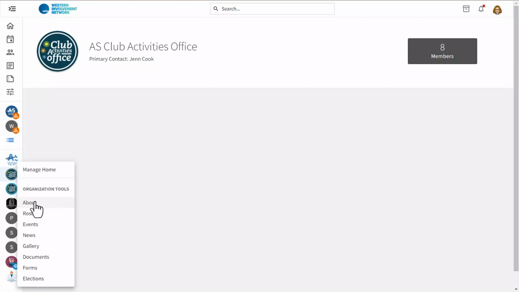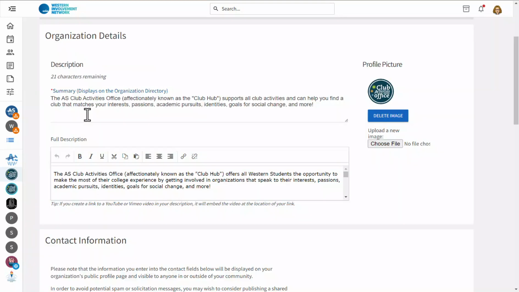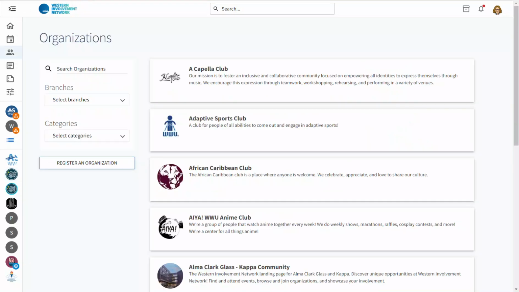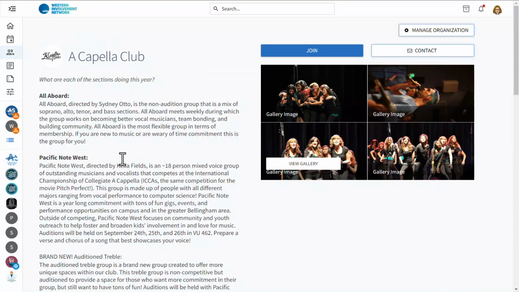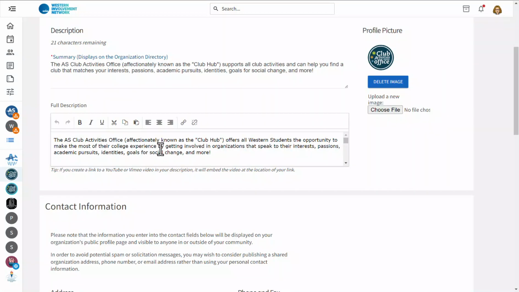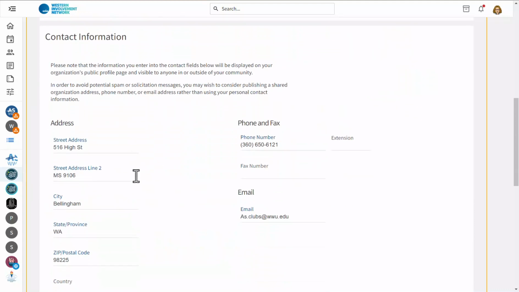Let's start with About. This is where you can edit the basic details shown on your organization site. The description section is limited to 254 characters and is displayed on the organization's list before choosing which organization to view. Once you choose an organization, then you see the full description here. You can use the editing tool to design how you want your page to look, including links and the ability to embed a video. When embedding a YouTube video, be sure to grab it from the share button, not the full URL link.